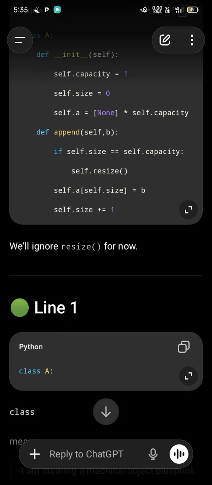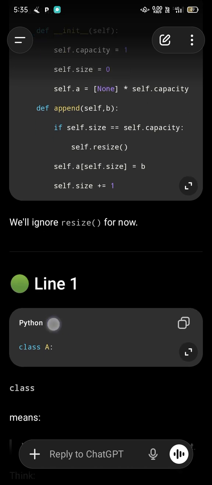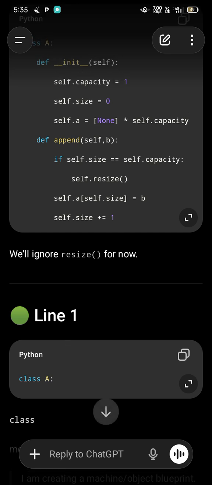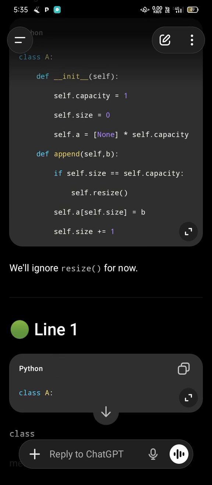We are trying to append the value, where self is the object and b is the real value that we are going to append. It is the value provided by the user. Then we have self.size. If self.size is equal to the capacity, then we are going to